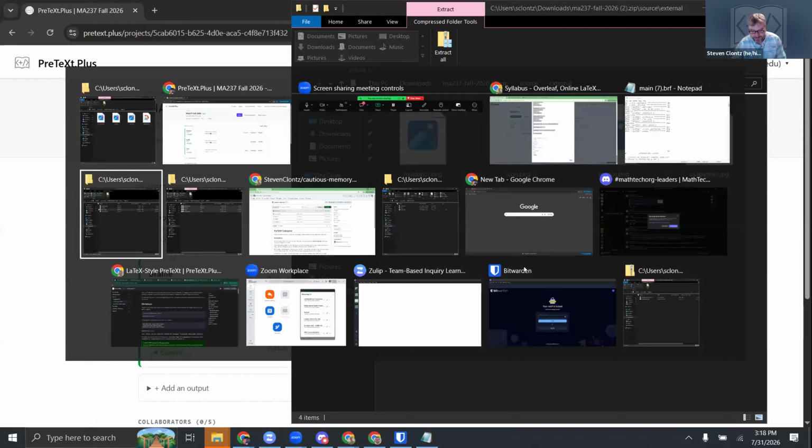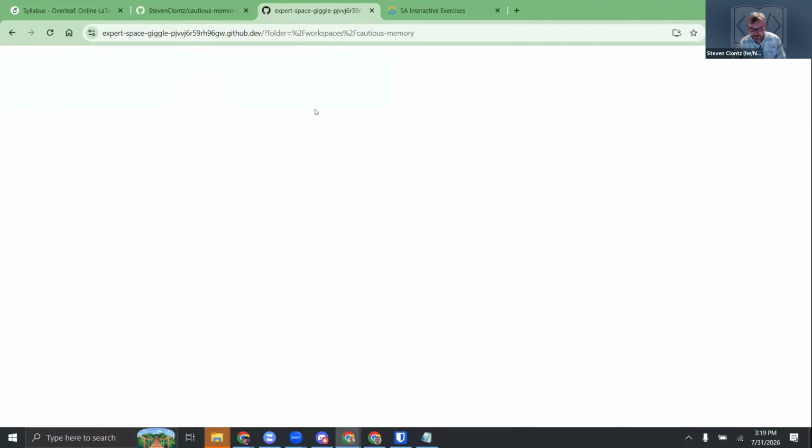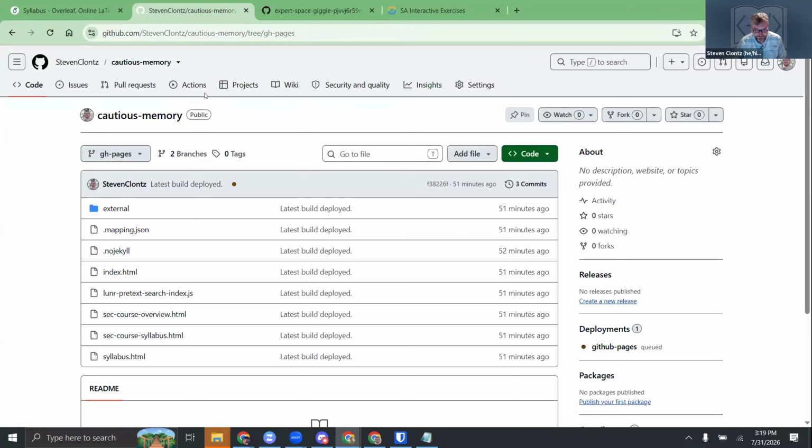But I pre-baked the cake here a little bit. Let me find the web browser where I did that. Here we go. Of course, Oscar, I made the classic mistake and I let it idle too long. It's going to take a moment for it to boot up. But while my actual editor is booting up, that'll take about 30 to 60 seconds, I will show you that I have moved